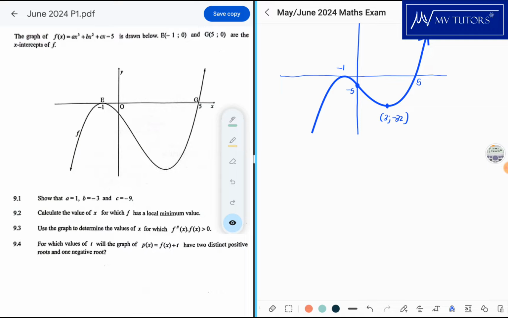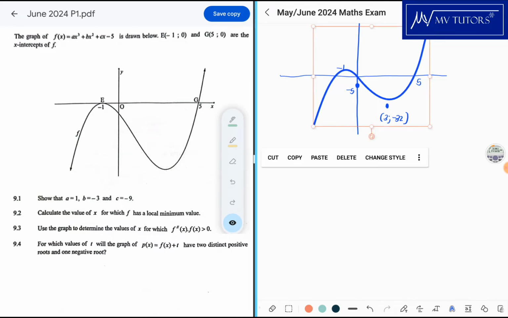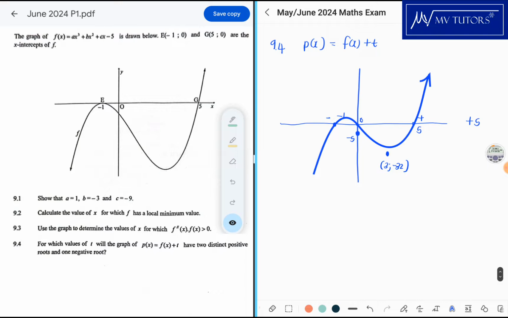Okay, so if I take this function and I take it 5 units up, do you see? So plus 5 units, I will then have a 0 and a positive. That's not what they asked for. They asked for 2 distinct positive roots. So if I continue to take it up, let's say we take it up,